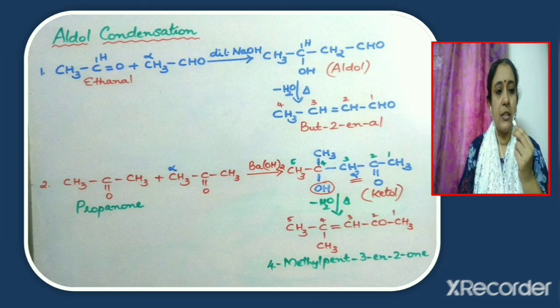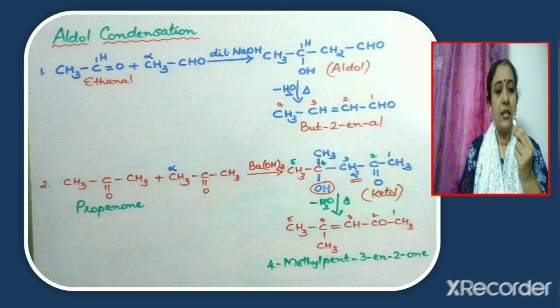3-hydroxybutanal. This compound, when heated, eliminates a molecule of water and gives but-2-enal. The elimination of the water molecule takes place in such a way that along with OH, hydrogen is taken from the alpha carbon. So between those two carbon atoms, a double bond will be formed. So the unsaturation is produced between the alpha and the beta carbon atom. That is why the product obtained is known as an alpha beta unsaturated aldehyde.